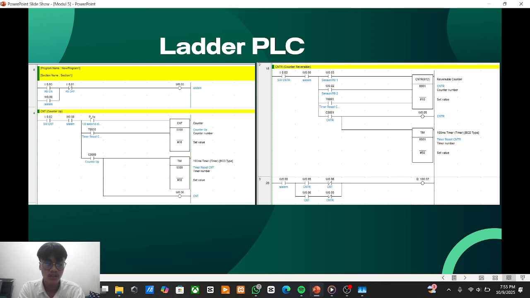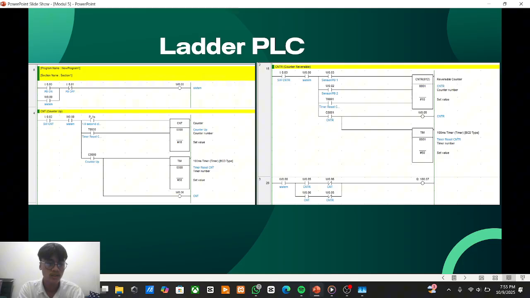Once the counter reaches the preset value, the output coil V0.05 is activated, turning on a connected device such as a lamp or indicator.